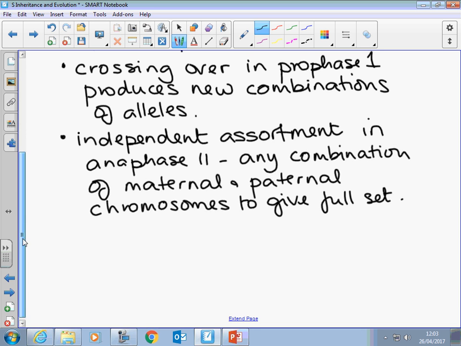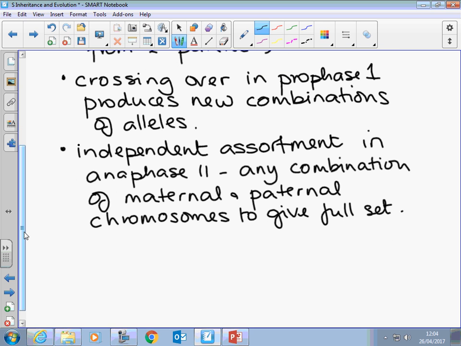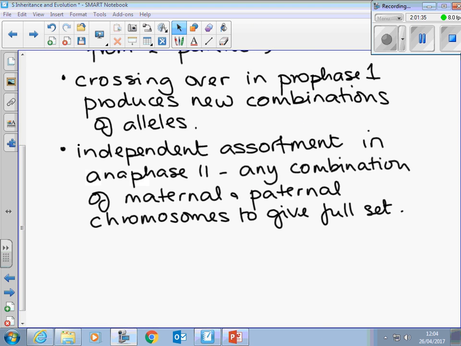So those are the sort of important points, really, because when you start to think about where organisms get their variation from, if they reproduce asexually, they've got a lot less scope for variation, and they just rely on mutations like bacteria do. But as soon as you introduce sexual reproduction and you introduce meiosis, you've got this massive, massive scope for variation. All right. Okay, looks like we're stopping at that point, I think, and that's fine. We will leave it there, and we will pick up